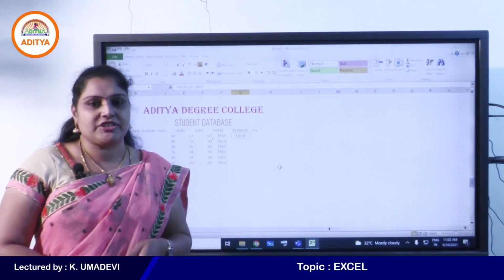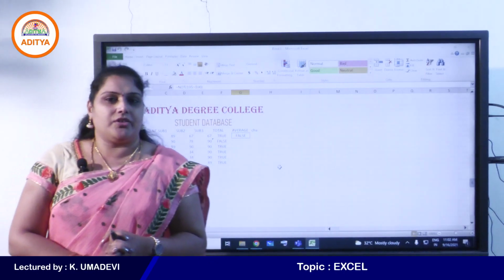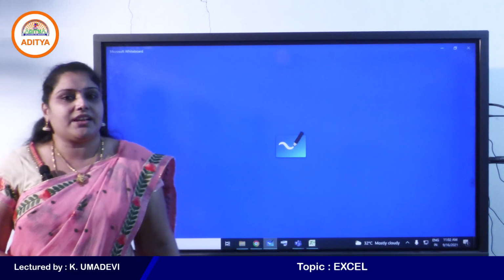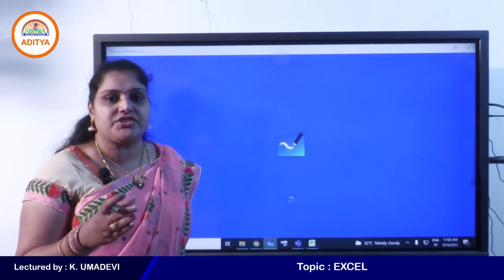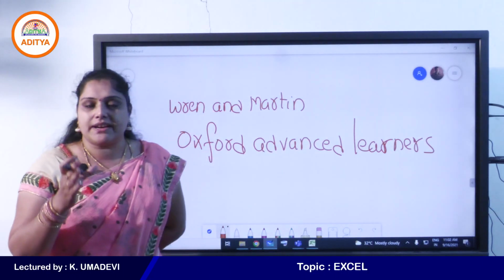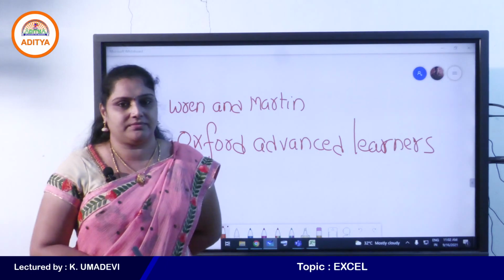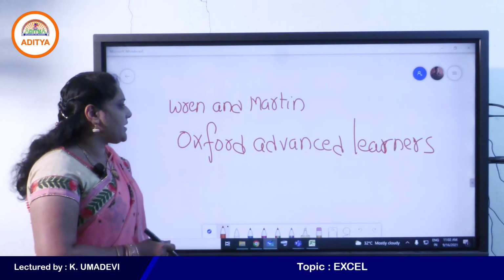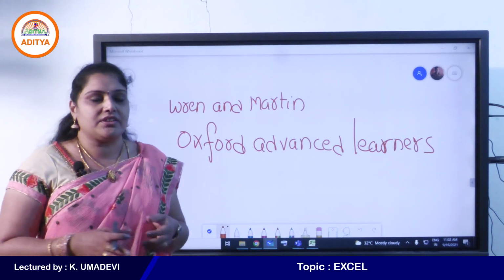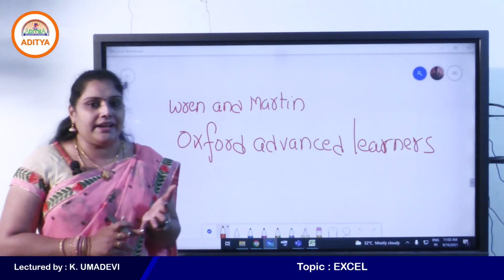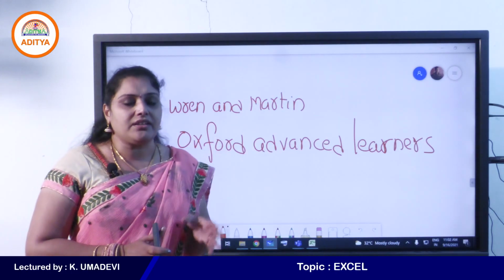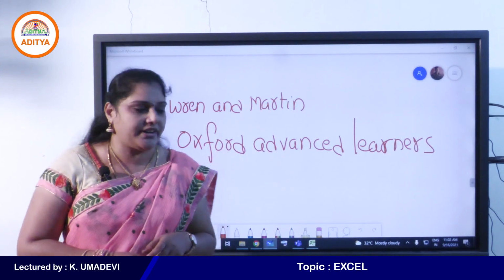Okay, let's continue with your previous topic, that is logical functions. What is the use of logical functions? Logical functions are used to check if a condition is true or false, right? And they are also used to combine multiple conditions together. We have many types of logical functions. Excel provides a large number of built-in functions in different categories. AND, OR, NOT and IF are the most important functions that come under the logical functions category, right students?